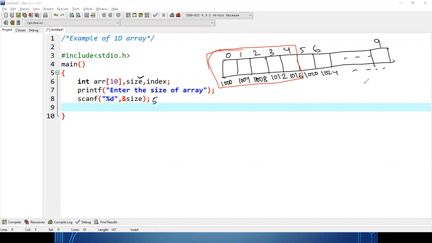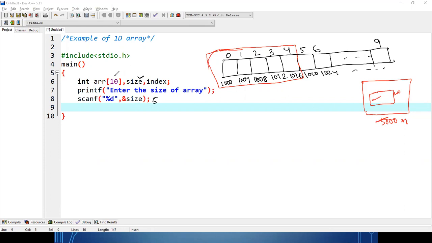Okay, it's like suppose we have a 5,000 square feet plot, but I want to utilize only 2,000 square feet for building my home. It is not compulsory that I utilize the entire 5,000 square feet to build my home. I can utilize a maximum of 5,000 square feet, but it depends on my requirement. I can utilize 2,000, 2,500, 3,000, 4,000, but maximum 5,000. Beyond that, I should not go. Okay.